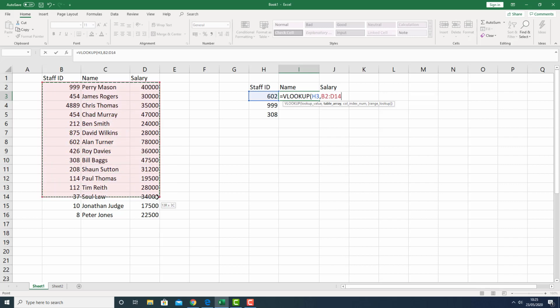So let's highlight all of this. I want to find H3, I want to find 602, and I want to find it in here, and I want to get some of this information back. Once I've highlighted all that, I press comma again. Now this thing called index number is in bold. That just means what column of the data set do you want to return? I've already said that 602 is in column 1. Now I want to get the name back. Name is column 2. So I type in 2,